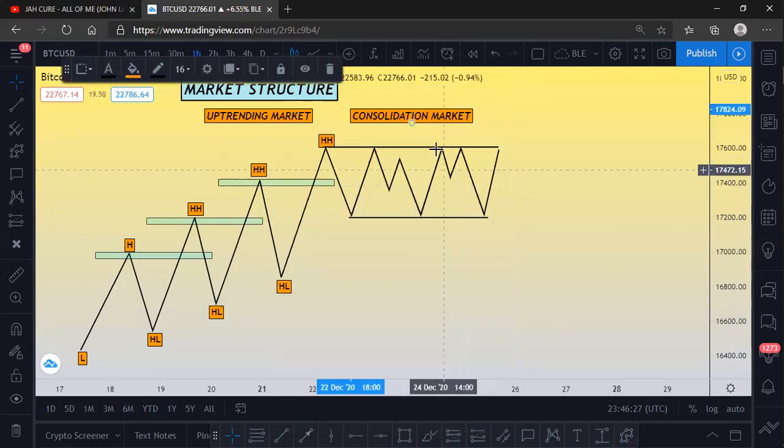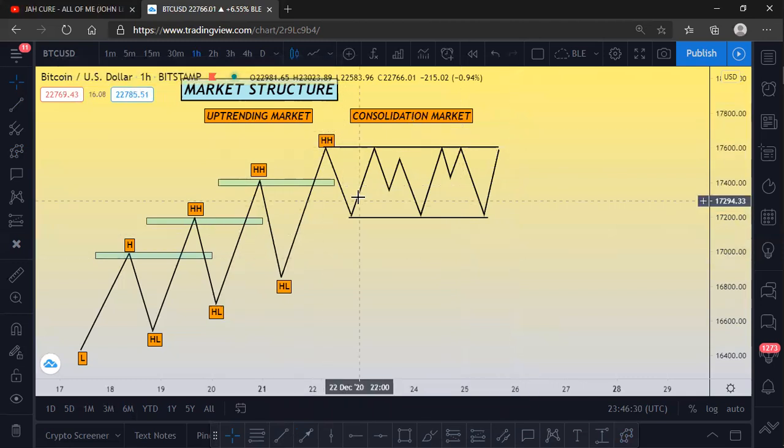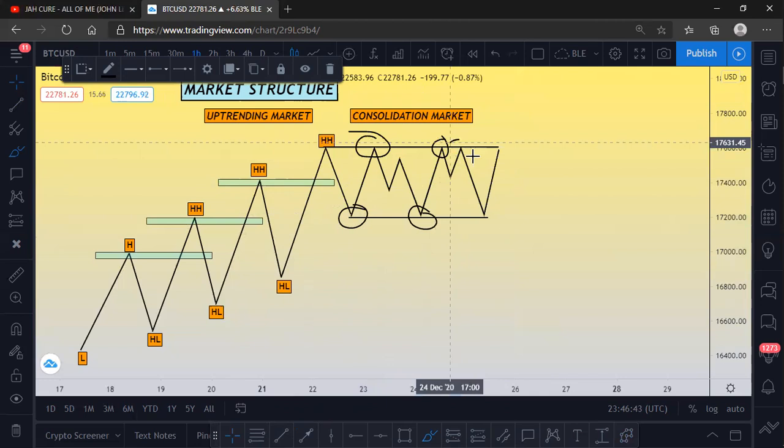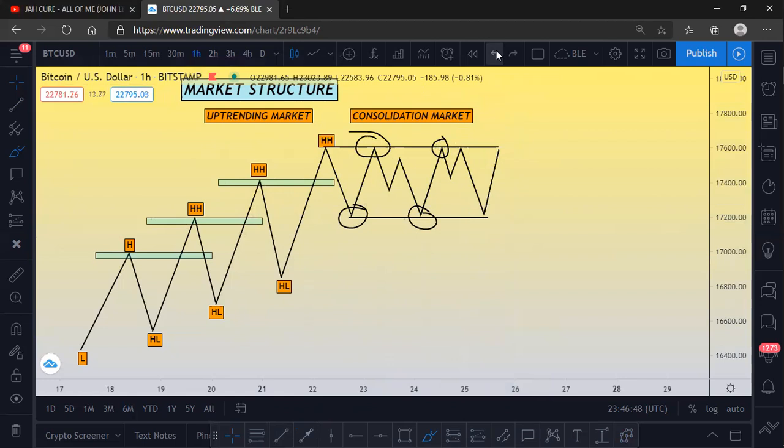Consolidation market. Okay, all right, so you can see our price is just hitting these areas and then bouncing back. You can see it hit here, bounce back up, hit here, bounce back down. The same place, the same place. So the market is consolidating. Once you see this in the market, you're not really advanced, but there are ways we can trade this. And it's very easy: when the market comes here and then goes up, you see it coming back.